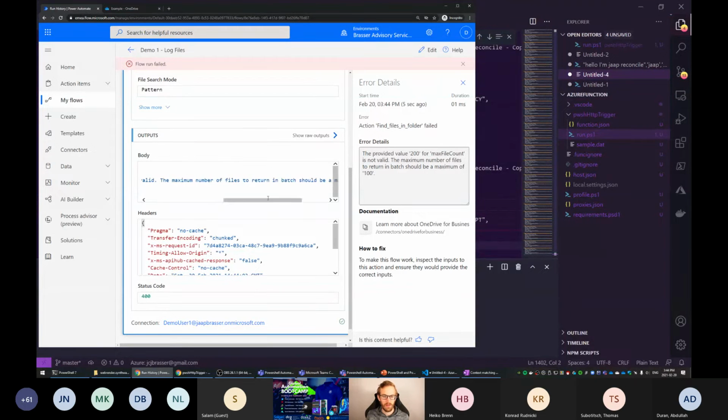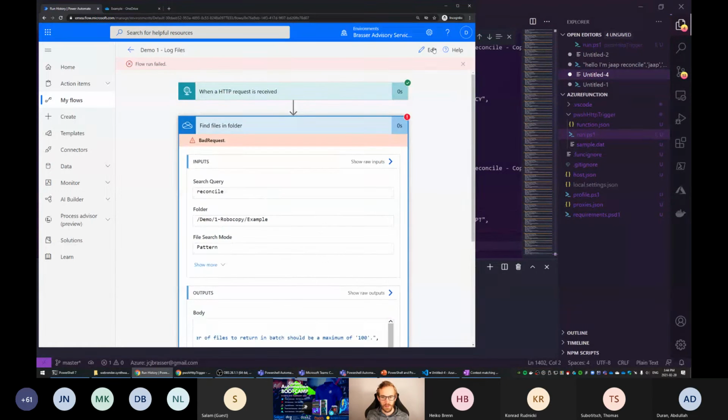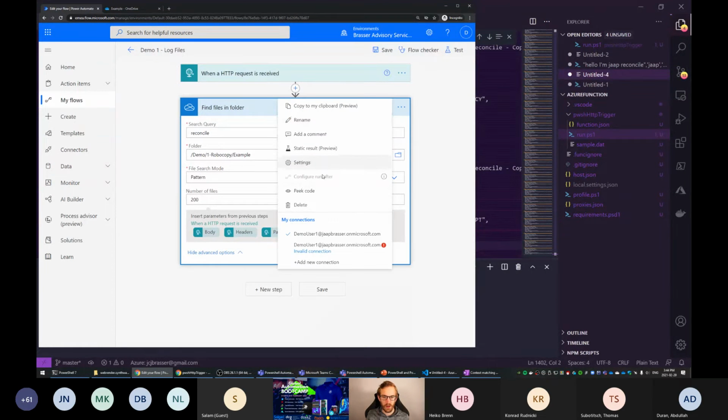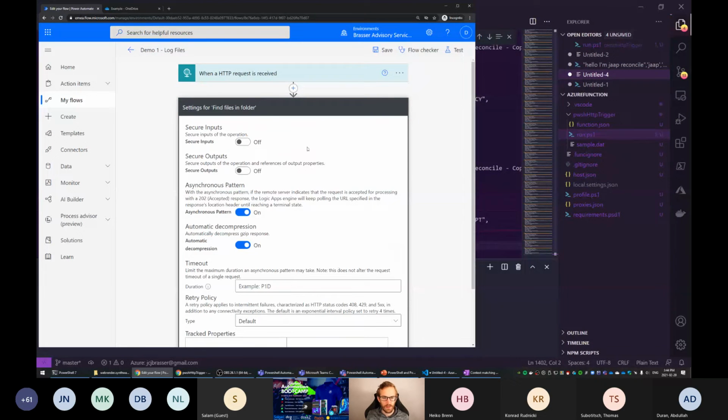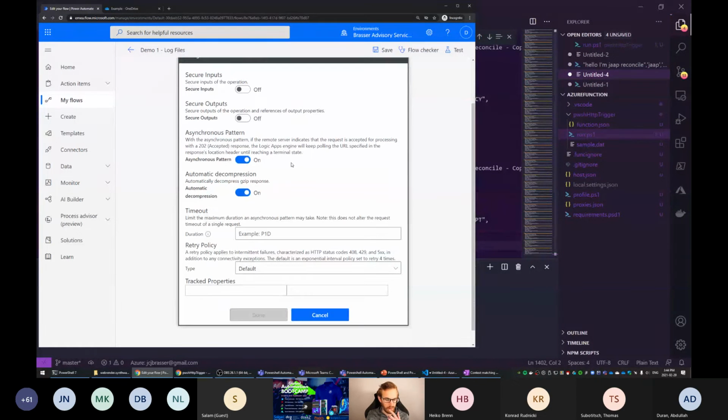So the maximum number of files to return would be 100. Okay, well, that's a bit of a disappointment because we're already limited to 100 items, and in this case, that is less than we would want. If we look at settings, we also don't have any possibility to make this more than 100.